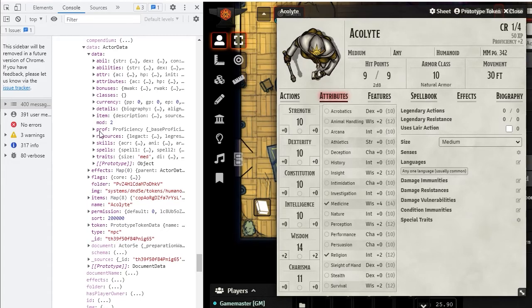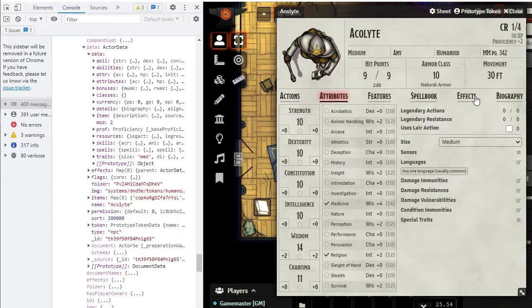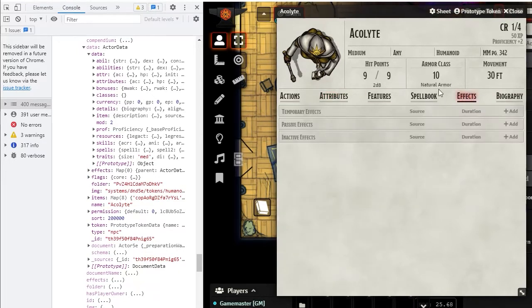We can also see here's a proficiency, resources, if they have lair actions, if they have the legendary, I'm not sure which one that one is. But these represent the resources that you can track. You have effects that are currently on them. So if we go equip that lion strength,